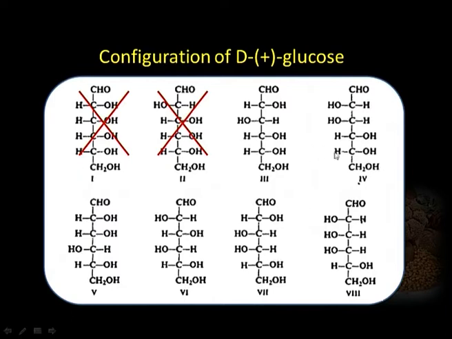Then the 3 and 4 pair can be obtained from structure number 10. From 11 again we will get the 5 and 6 pair. On Kiliani-Fischer synthesis, if 11 is the configuration for arabinose, we will get 5 and 6, and we have already proved that 11 does not represent minus arabinose. So, 5 and 6 also cannot be the configurations for the glucose mannose pair. So, now the glucose mannose pair can be either 3 and 4, or it can be 7 and 8.